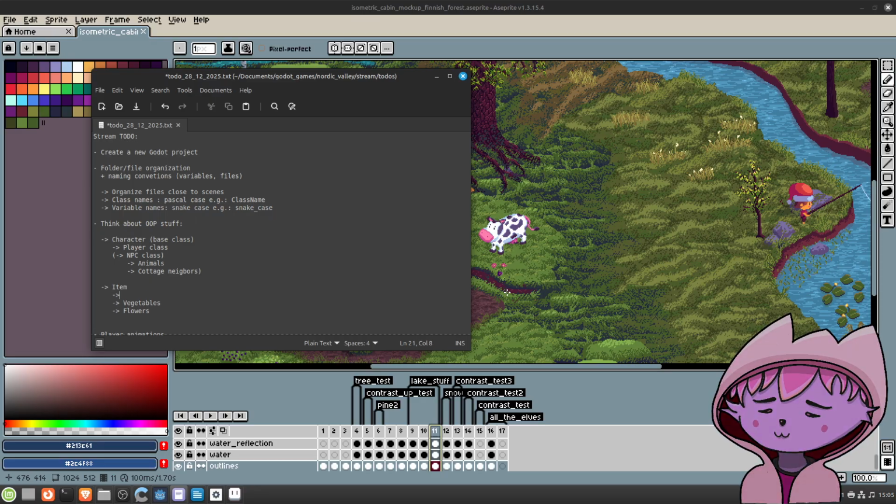Because from the item we could then derive collectibles, because in a way a collectible vegetable is also something you could plant, and you're not collecting it, but you put the seed in and then it becomes collectible. I'm already getting knots in my brain.